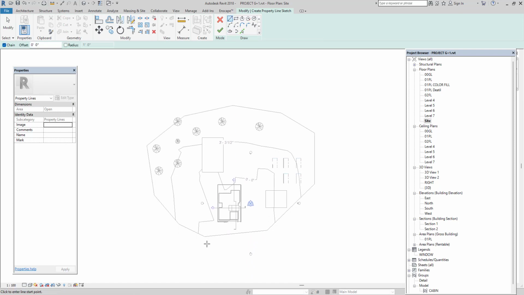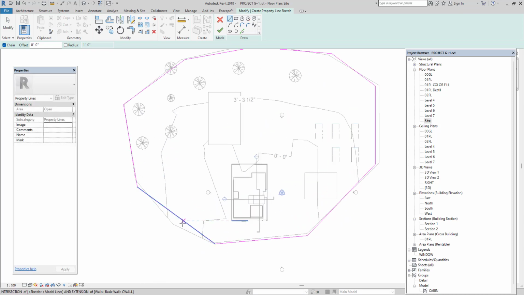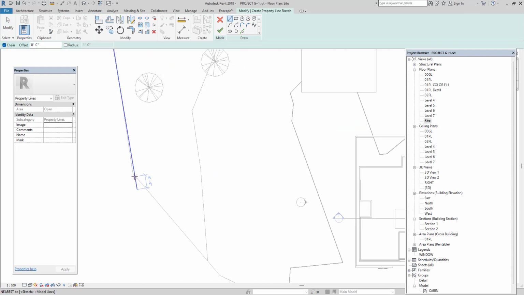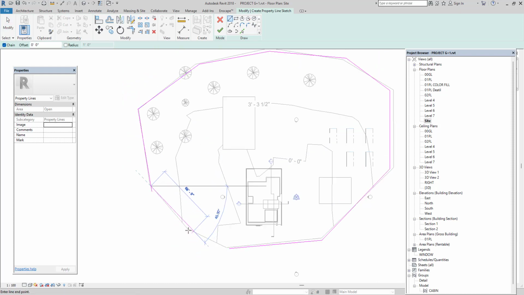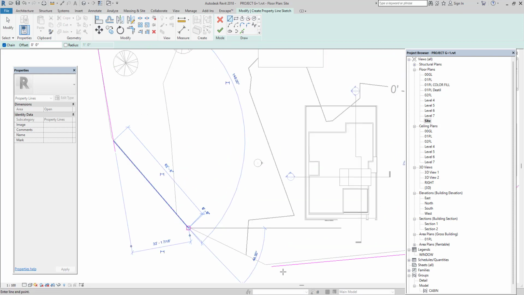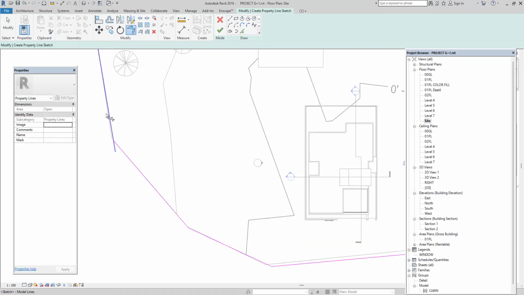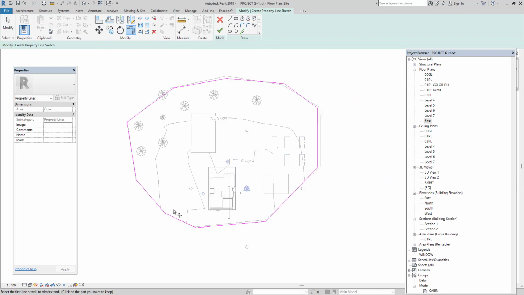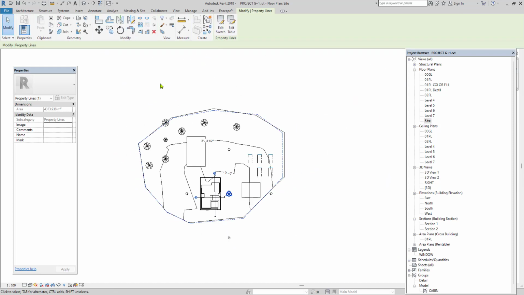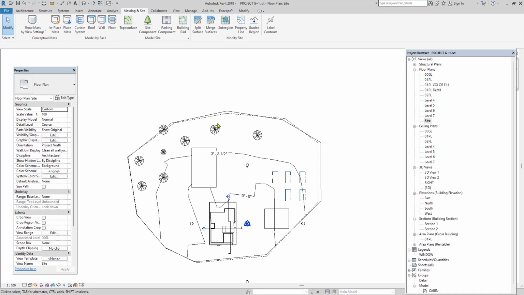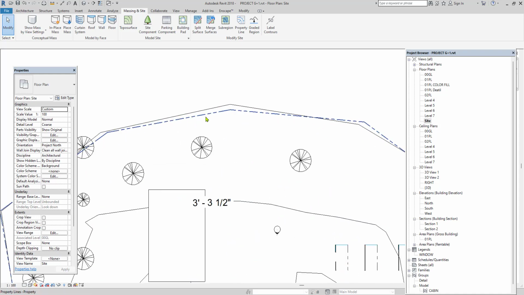I'm just going with the line command to draw the property line. And finish it. So like this way you can show the property line in this format.